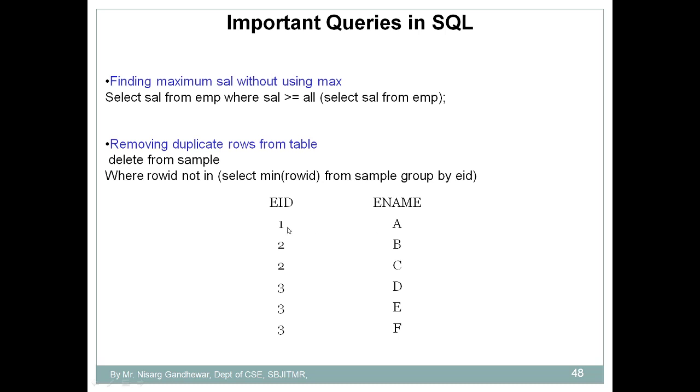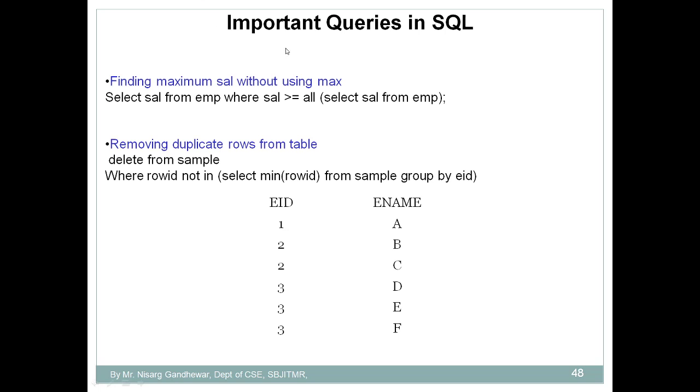So in this case you find there are three groups. The first group is based on ID1, the second group on ID2, and the third group on ID3. So in that case I am selecting the minimum of row ID. I don't know whether the second row has the minimum row ID or the third row does. So out of these two, one should be the minimum row ID, and that I will return for every group. In this case there is no problem: in case of employee ID1 only one row is there, there is no duplication, so only one row ID is there.